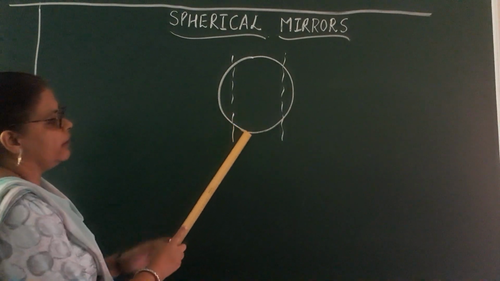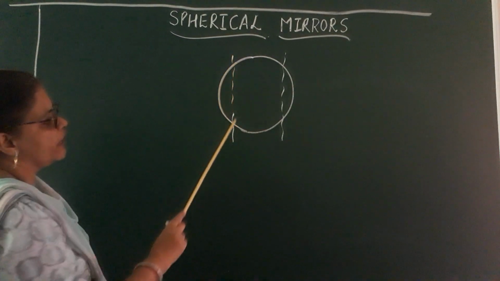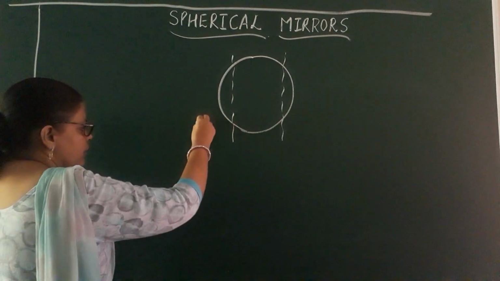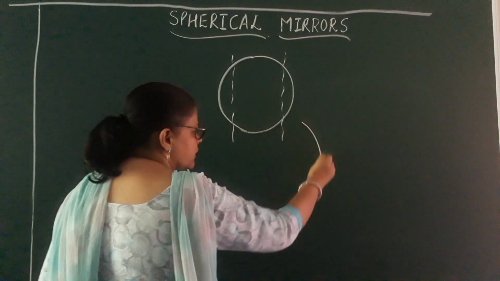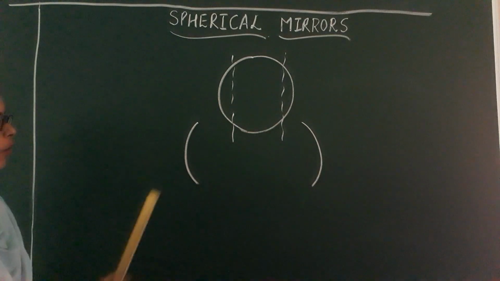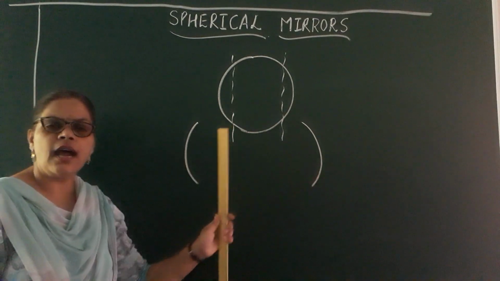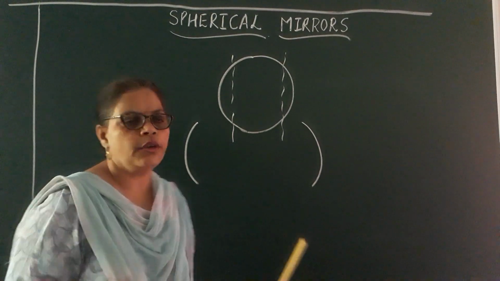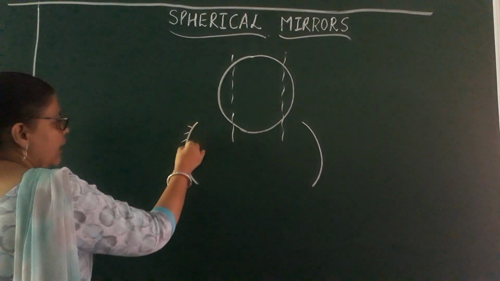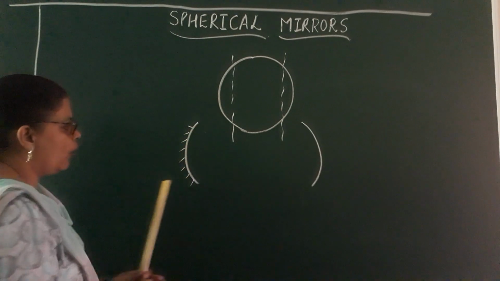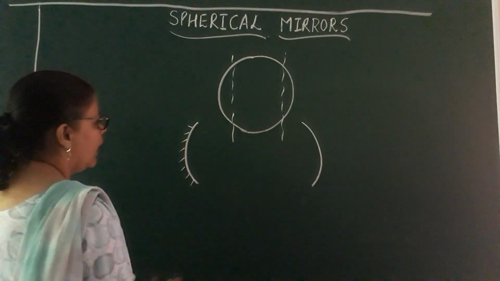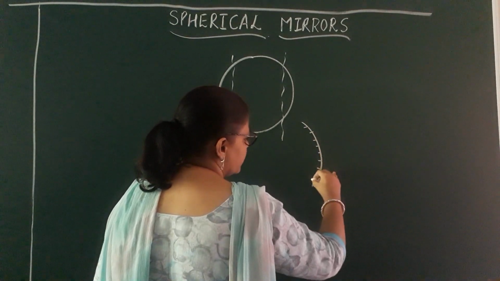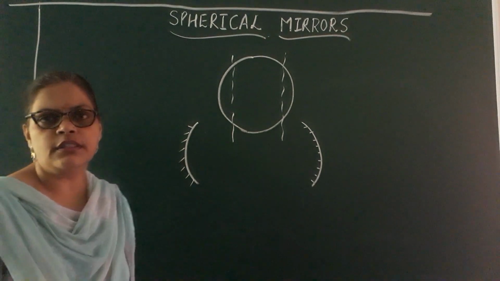Okay, and what have I done in this? I have cut the two edges of this particular hollow glass sphere. When I cut the two edges, I get curved surfaces like this. Now once I get the curved glass surfaces, I decide which surface should be polished. Suppose the outer bulge is polished, and in the second case, the inner curve of the glass surface is polished.